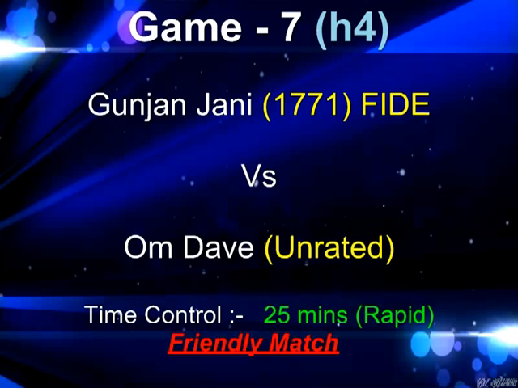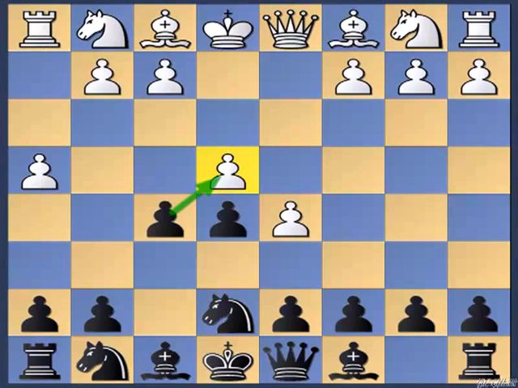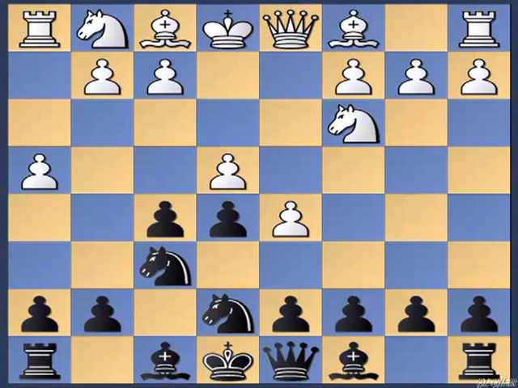This is the case of one of my games. This game I have played with my friend Om Dave. He does not have any FIDE rating, but his strength is around 1700 to 1800 plus. And here I responded with f5, and he responded with knight to c3, and after knight to f6 he pinned